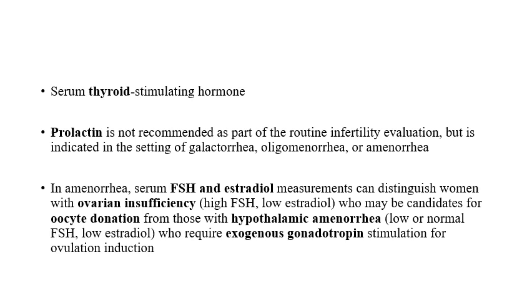But if the patient has a complaint of galactorrhea, or has oligomenorrhea or amenorrhea, it is recommended to do serum prolactin to know whether this can cause anovulation or not. After ruling out thyroid and